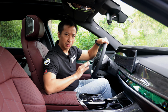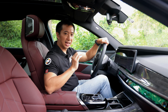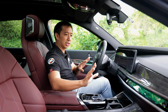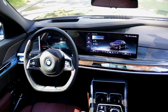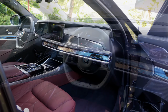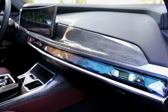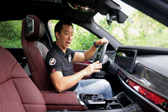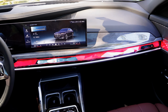All right, so we have BMW's assistant here, so you also have voice command features. And yeah, aside from that, if you look at the dashboard here, you will see that we have a really gorgeous dashboard design. You see, we have this crystalline middle dashboard here that also has your ambient lighting units. And if you activate your hazard lights, as you can see, it actually blinks in red, and that is really,